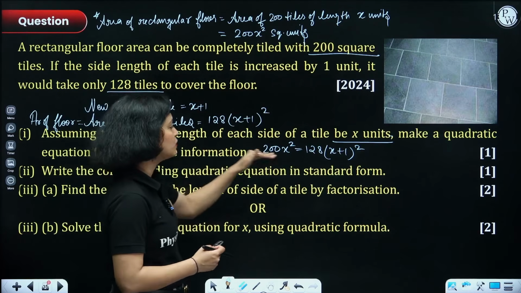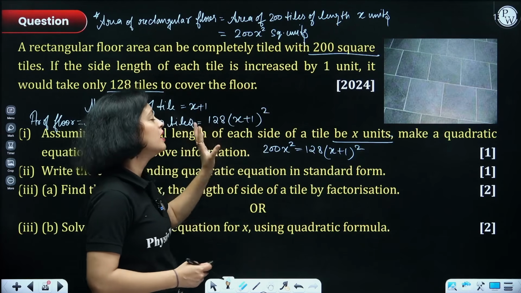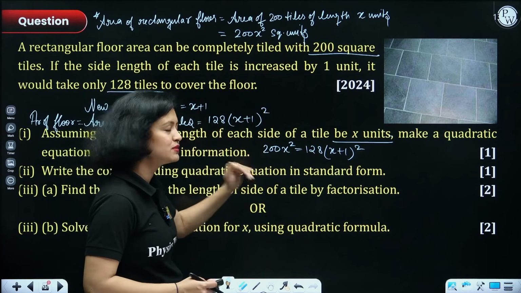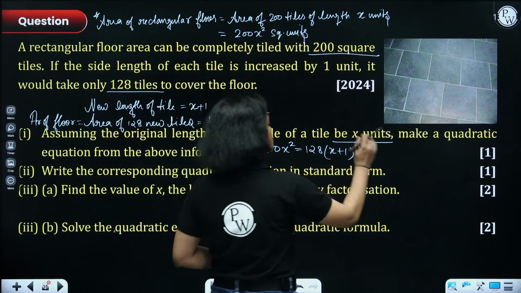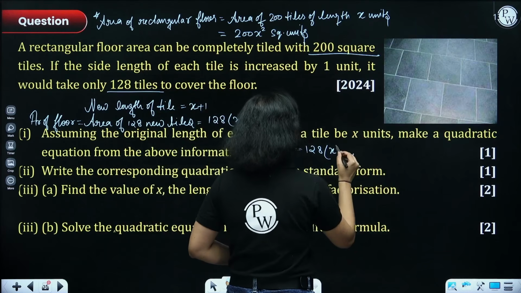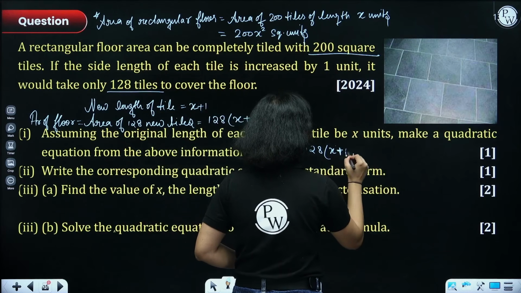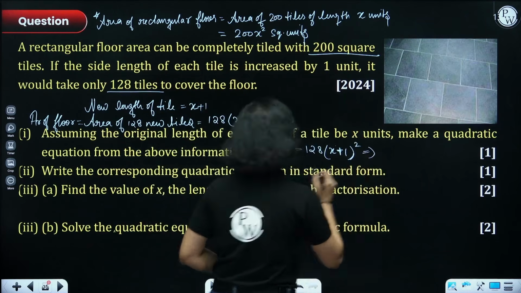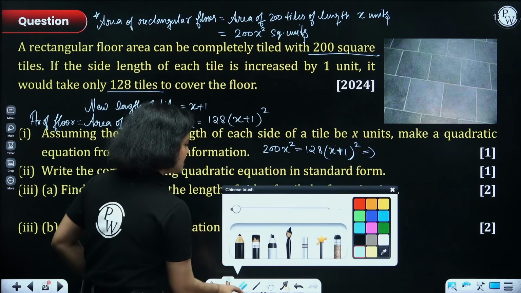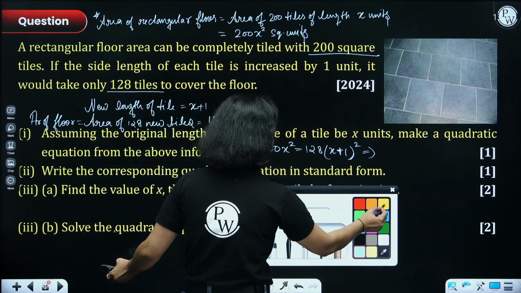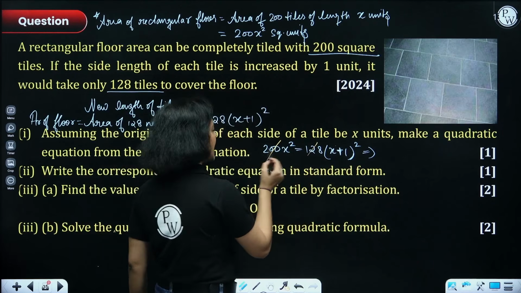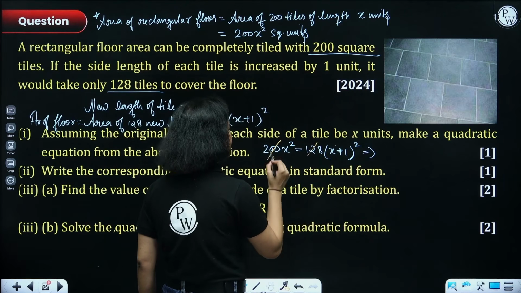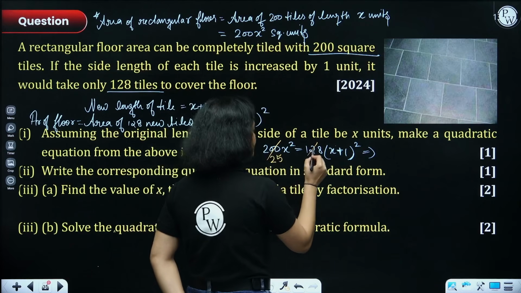Okay? Now, this is the equation, but you will not leave it like that, guys. Please make sure to further expand it. Okay? Chalo, so let's just expand it. I'll do it. Okay? So first of all, let's be smart and let's just cancel 200 and 128. Okay? So 200 and 128, we can cancel both of these by 8. So if I cancel this by 8, what will I get? 25 here and 16 here.